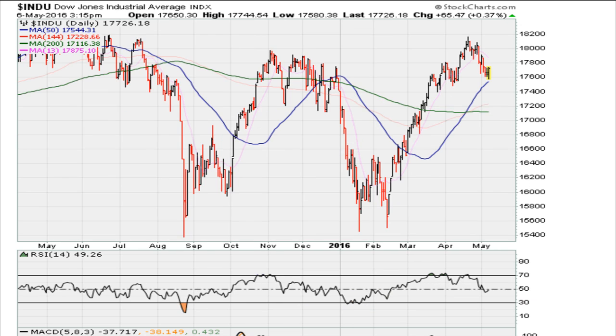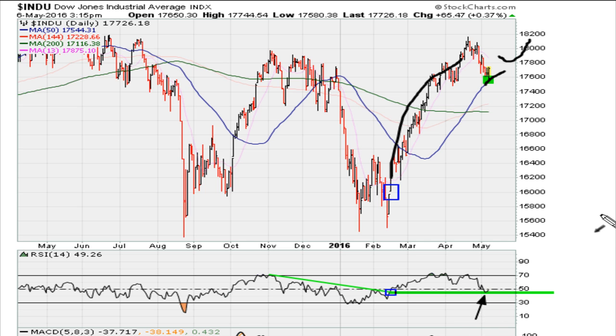Take a look also at the Dow daily, showing good support at an upward sloping 50-day moving average, which is good. Also, we are seeing the market coming back to test this level here, this RSI movement, and a breakout on the RSI short term brought the market off the lows. And of course, we've had a nice run since then, so we can draw a line from there. And again, we see that the market has come back, it's hit that same level, and as of right now it is showing good support on that green line.